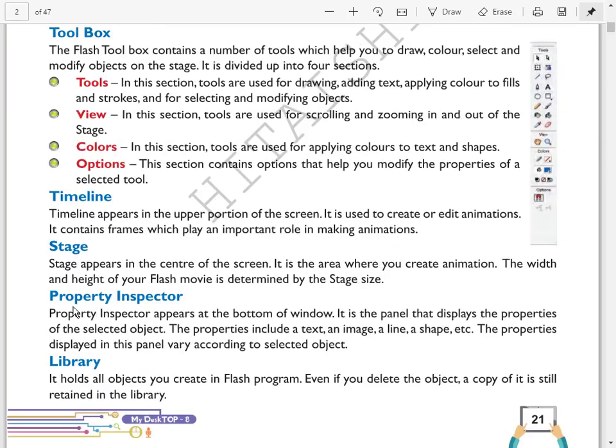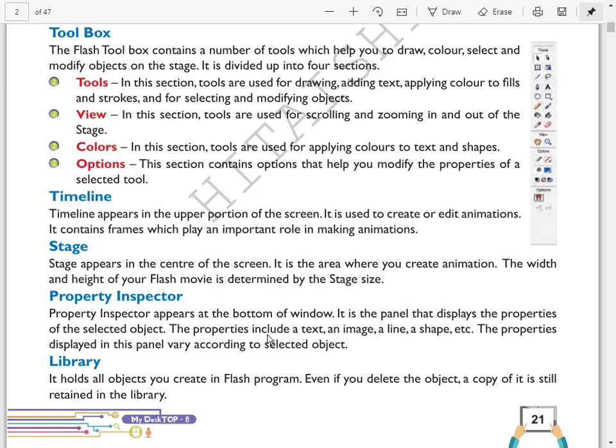Okay, next one is property inspector. Here property means the height, width, size, color of any object will be displayed using this property inspector. Property inspector appears at the bottom of the window. It is a panel that displays the properties of the selected object.